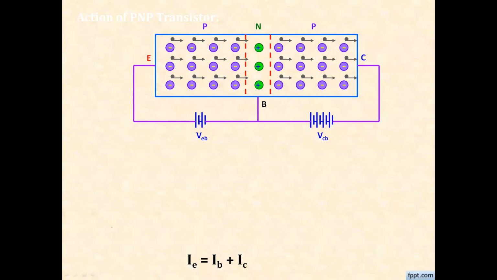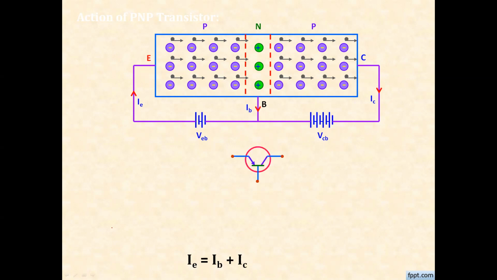So in an MCQ type question, you can also be asked this. The conventional direction of current is opposite to the direction of movement of electrons. And the conventional direction of current is in the same direction as the movement of holes. So please take care about these two sentences. And here, because of this movement of holes, the current will flow.